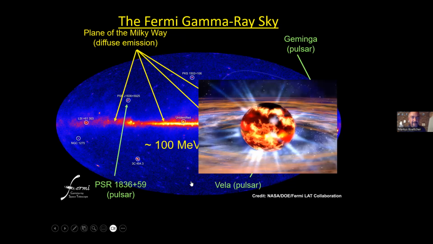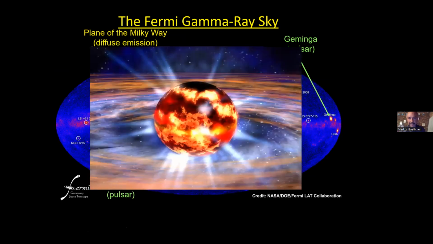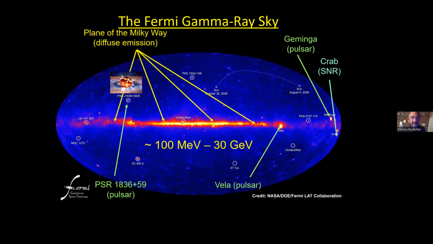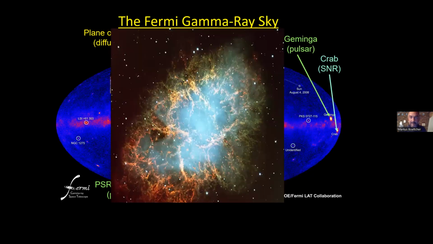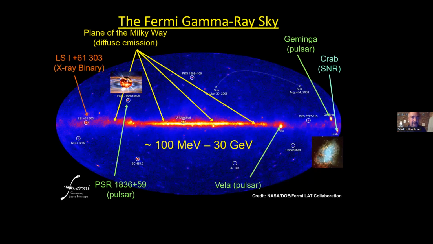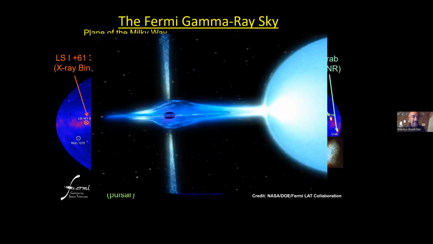I said I will discuss what all these are. These are collapsed, compact remnants of supernova explosions. There are sources related to supernova explosions, the remnants of supernova explosions, the ejected shells, like, for example, the Crab Nebula, probably the most prominent example. There are things related to binary systems with a black hole or a neutron star in the binary system with a normal star, where it pulls over material from that normal star, accretes it onto itself, heats it up, sometimes ejects these jets along with that process.